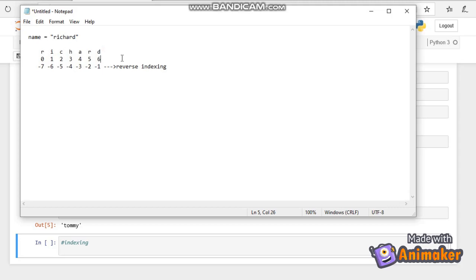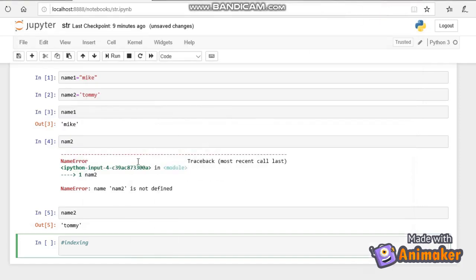And in the reverse indexing the last character of a string will be minus 1 and it will come in reverse order. Minus 1, minus 2, minus 3, like that it will be coming. So there are two types of indexing in Python. This makes Python a better choice for a programming language.